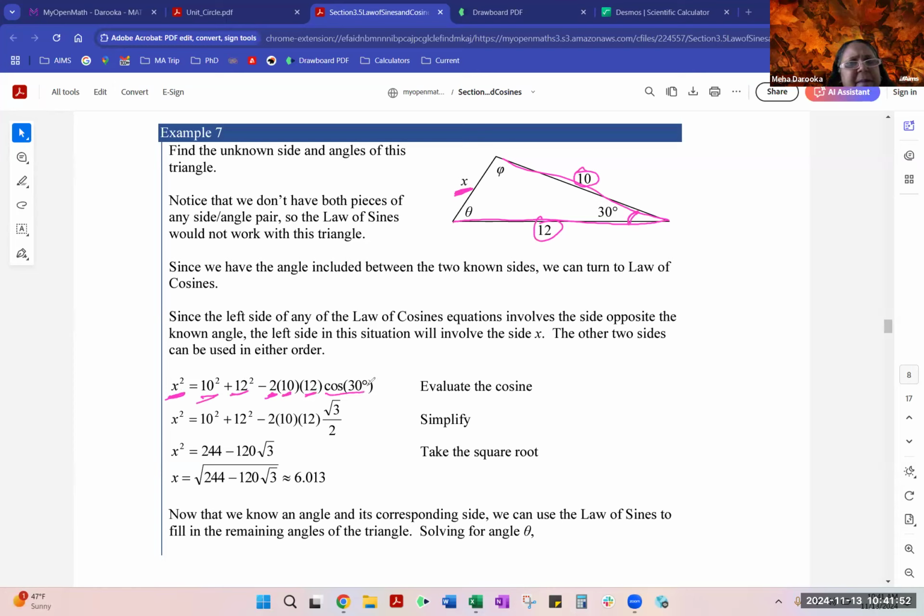Again, are they asking us for an exact answer? No, not really. So you could actually throw that entire right-hand side into a calculator if you wanted, but they're just breaking it down a little bit for us. Throw that in, simplify it, get x by itself, and you will see that distance is coming out to be